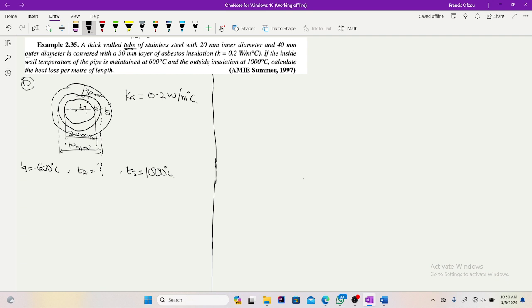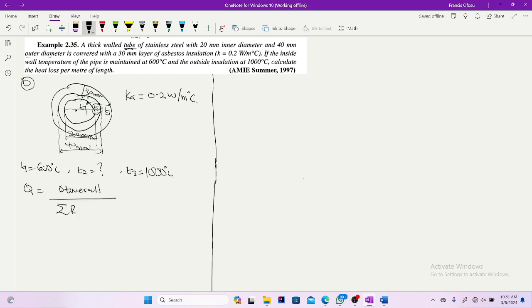So now to find the heat loss, we understand that the heat moved from here to here will be the same as from here to here and then the same as from here to the fluid, if there's any fluid. So if you want to find the heat loss, you can choose each portion we want to use. But then we have to look at the temperature. We are constrained with the temperature. If you know the temperature T1 and then T3, then we can use that. But if you also know T2 and then T3, we can also use that alone. But because you don't have information on T2, we are restricted to use T1 and then T3. So Q is equal to change in T overall